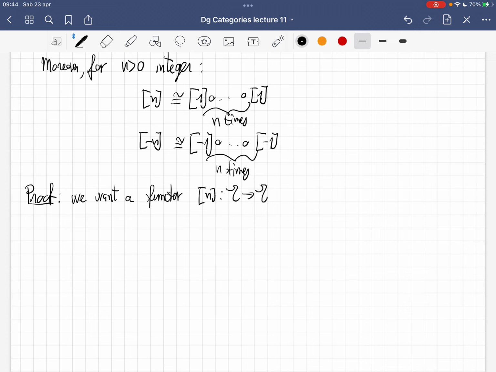From T to T. So we know how to define it on objects. It's the shift inside the pretriangulated DG category. The n shift is an object in the DG category, so of course it's an object in the homotopy category, which has the same objects as your given DG category. So we just need to, if you have a morphism